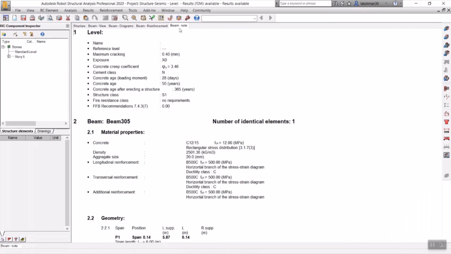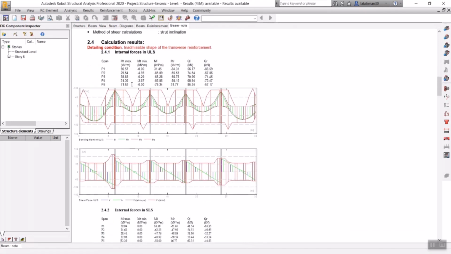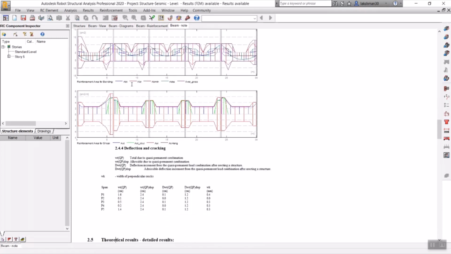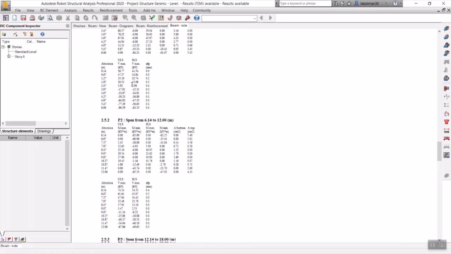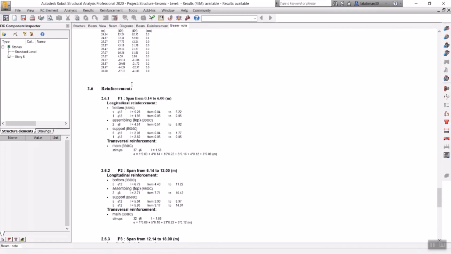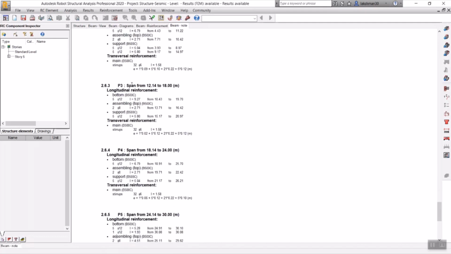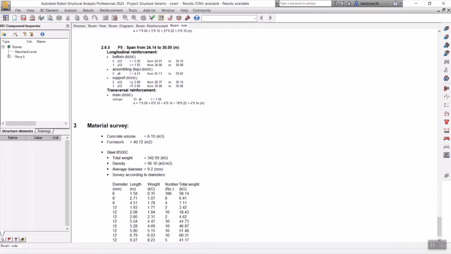So what are all the checks that have been made by the design check? Yes, you can see here the material properties, what material we have applied and what type of check it has made, and the beam diagrams, the results of the beam, the results of the design. We can take this out in a Word format or in an Excel format also, like the reinforcements that have been applied over there, and at last the material takeoff. So how much concrete volume will be required to cast that beam, and what quantity of formwork is required to cast the beam.